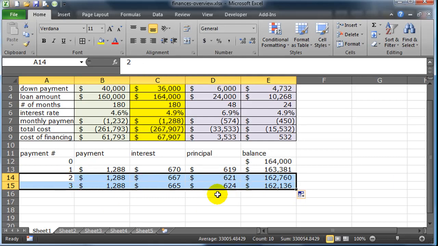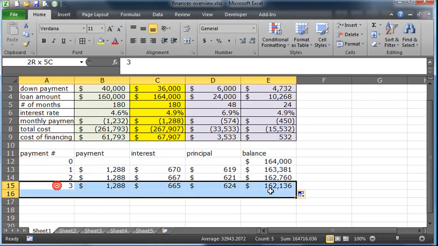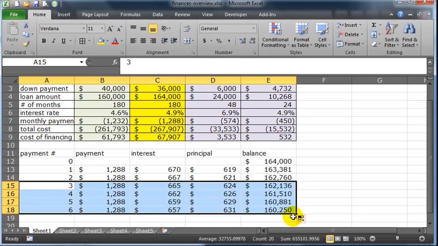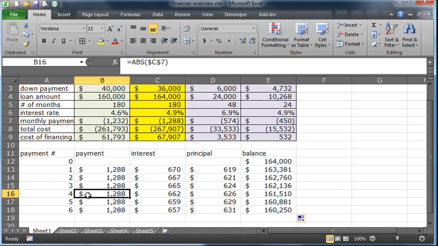I'm getting 2 rows of data because if I would have just selected one row and autofilled down, actually I got lucky here, it's working for me. Sometimes Excel wouldn't have gotten this, but the 3, 4, 5, 6, I just wanted to maintain that pattern. Sometimes when I write an